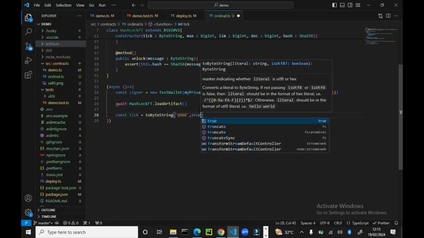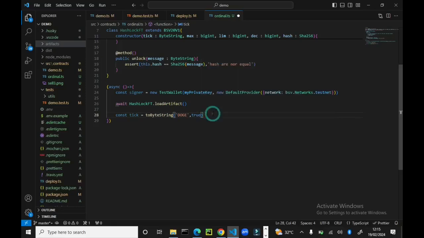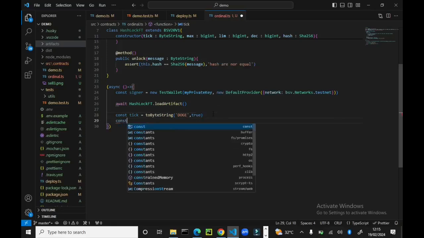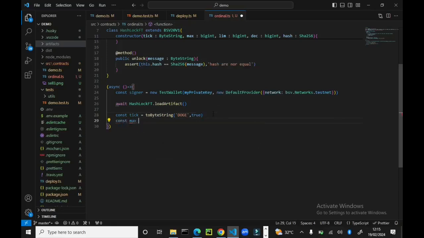It is UTF-8, and also let the maximum be something of const max equals, it is bigint, so let's say 10,000, yeah, and let the limit